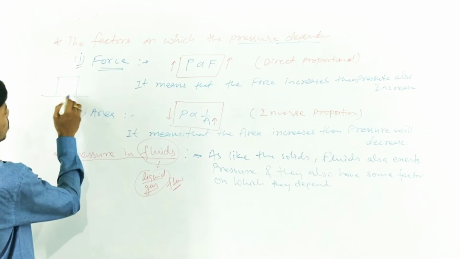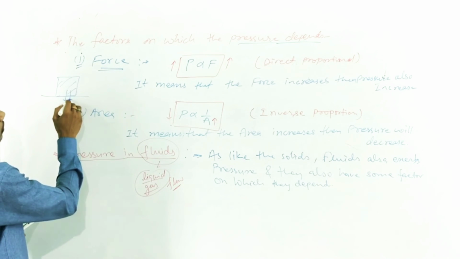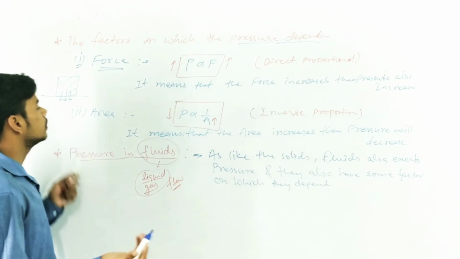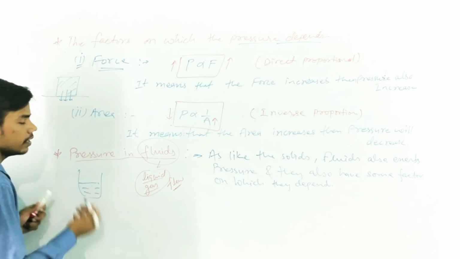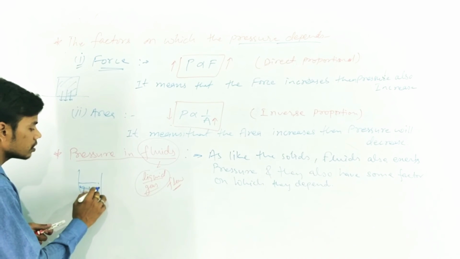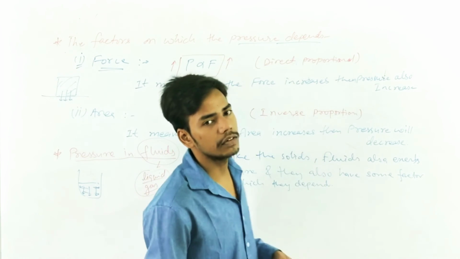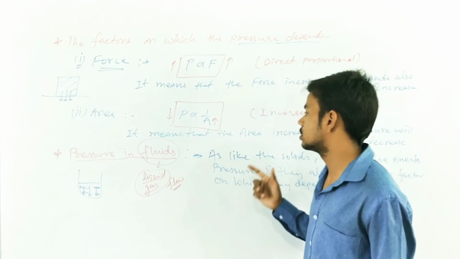If a solid object is kept anywhere, then it exerts some pressure on the bottom surface area. Like that, if we place any liquid in a bottle or in any container, the liquid will also exert the pressure on the walls as well as in the below direction. That means on the below surface. Okay guys, so it is about the pressure in fluids.